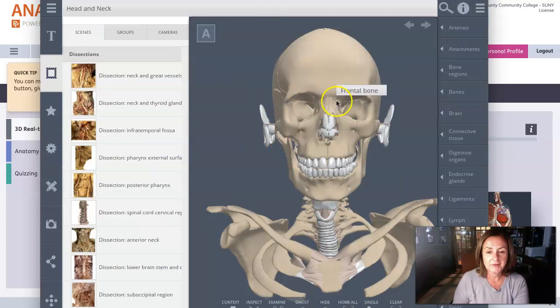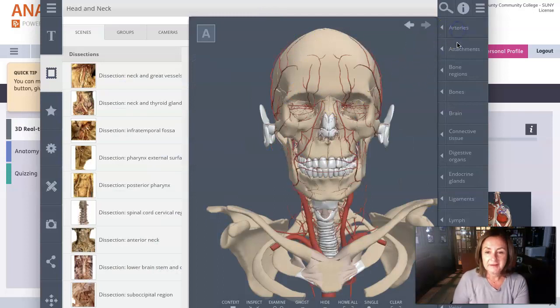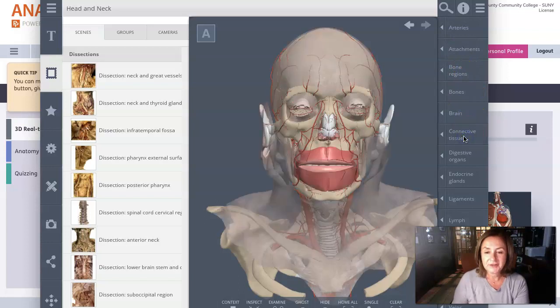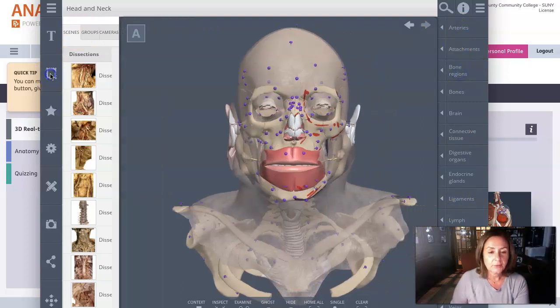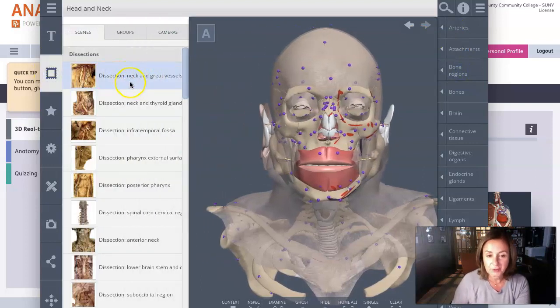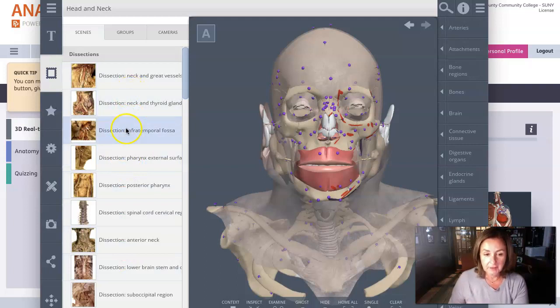Okay, start. And I can add arteries, connective tissue, digestive organs. So you get the idea. The organ systems are on the right hand side, and we can add them and take them away. I can also, actually, just to show you this before I close it, this is a human cadaver dissection. So you can click around and see some pro sections, what a cadaver looks like instead of the